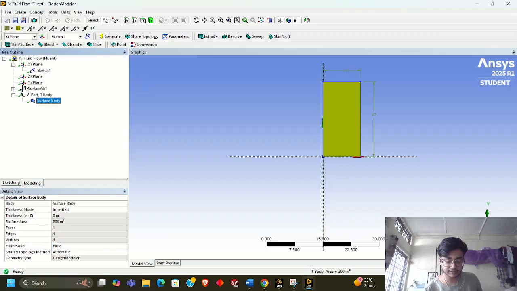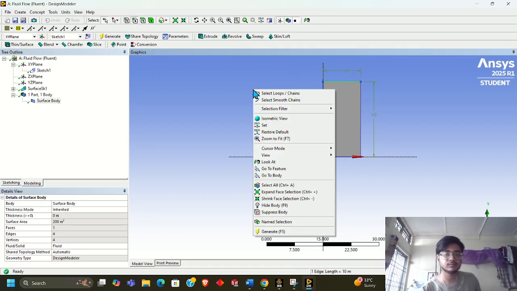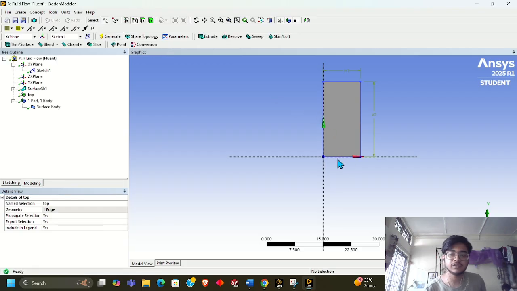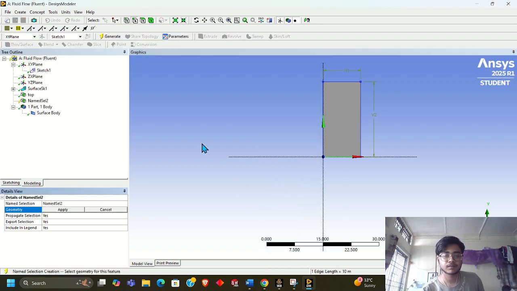Now that everything is done, I'm going to name all the sides, selecting the edge, name selection, and now I'm going to name all the four sides. This is top, generate, and then I'm going to select the bottom side and keep naming all the edges. This is the bottom side, bottom, generate,